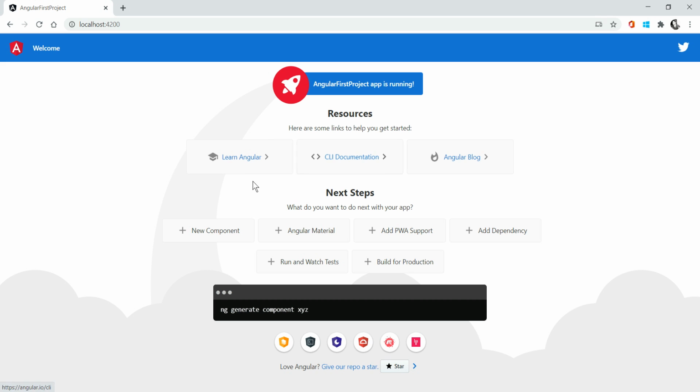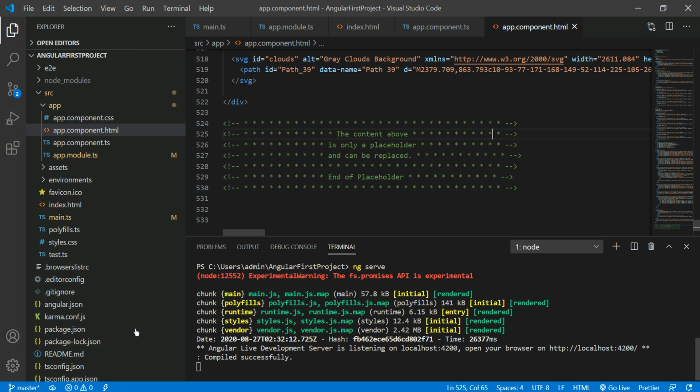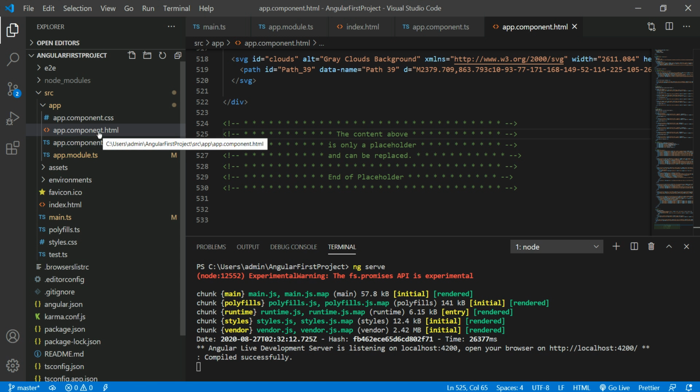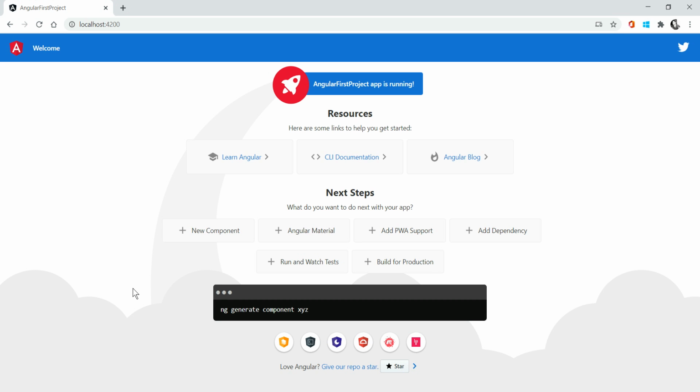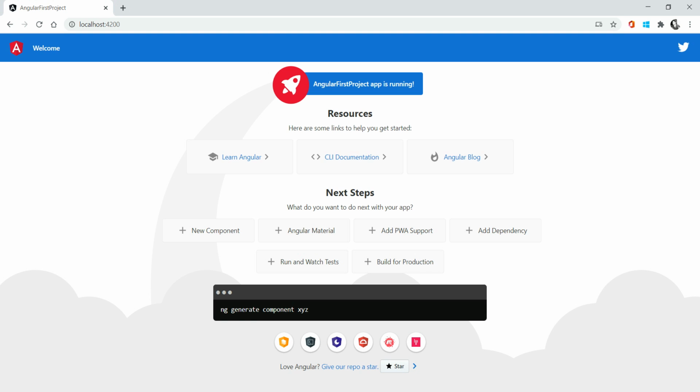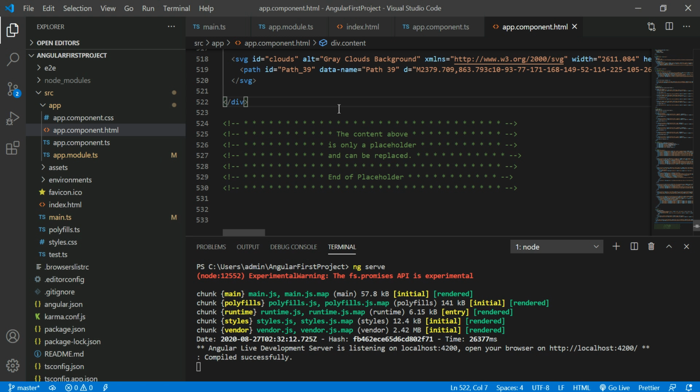Now see what will happen. What you are seeing here, this content, I mean this collection of controls, where does it come from? What is the template taking care of showing this output? Here the template is the app.component.html template. So whatever content and controls are in the app.component.html file, that content is shown in the browser. But if you ask why only app.component.html is serving the content in the browser, that is entirely the wrong question.